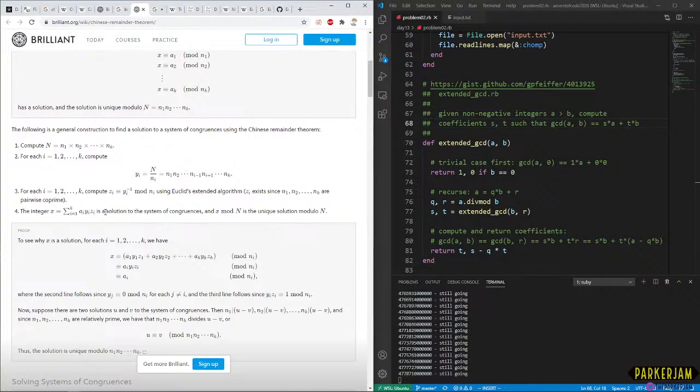Okay, so I understand how to get a. I understand how to get y. Z is the hard part, I think.